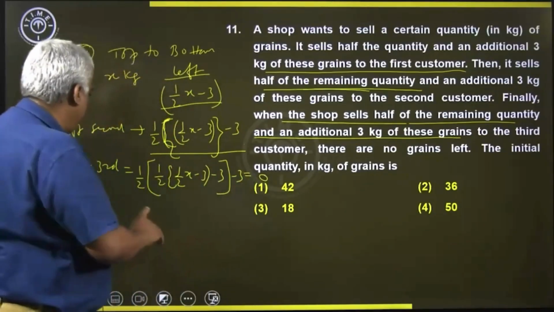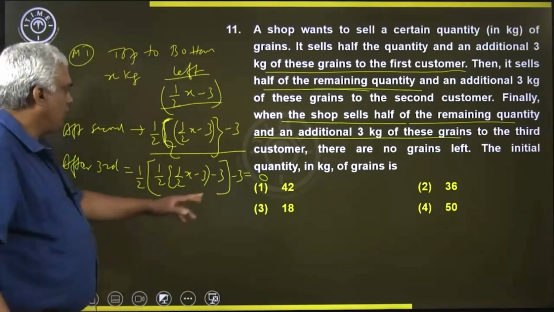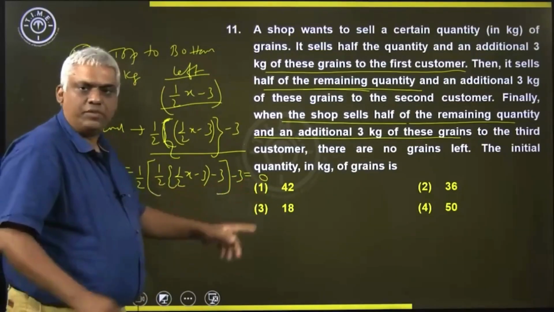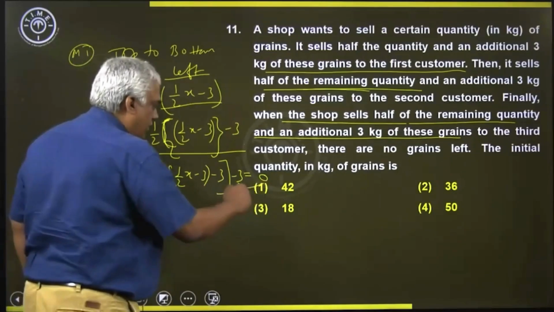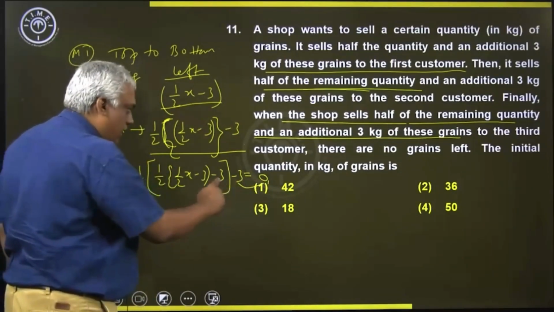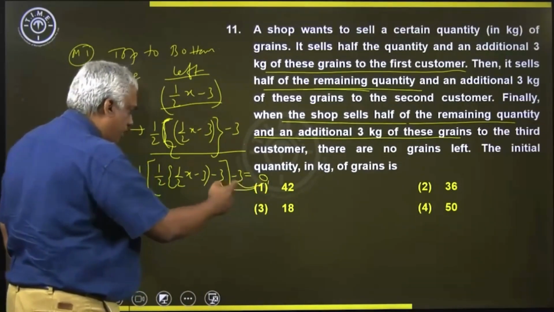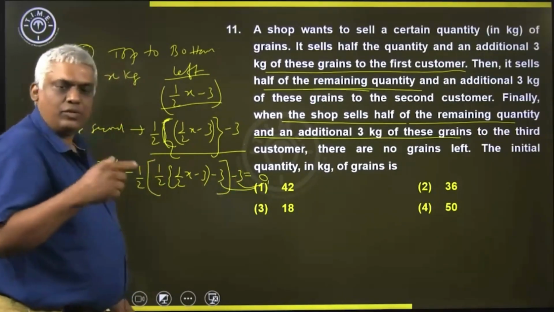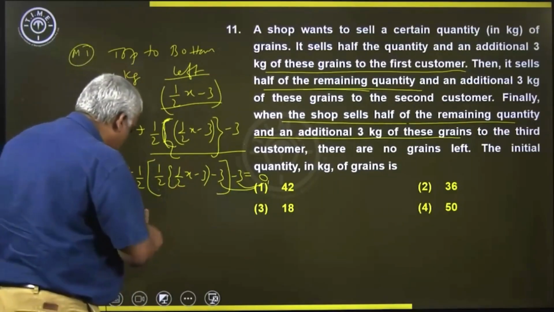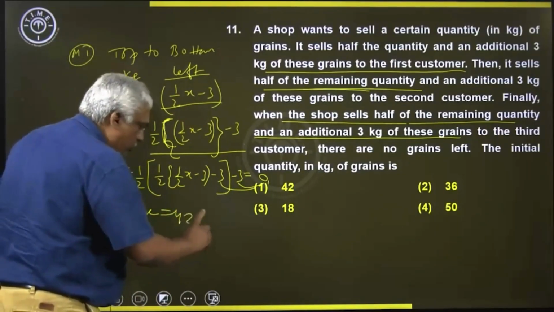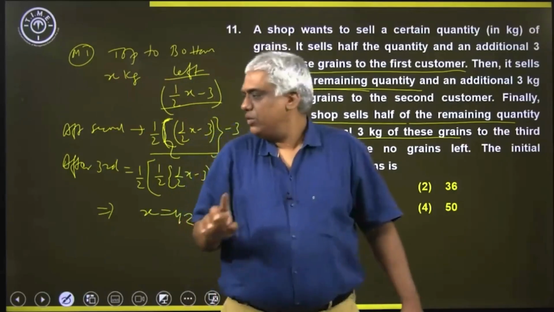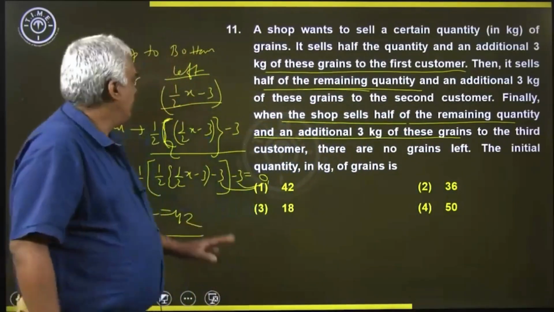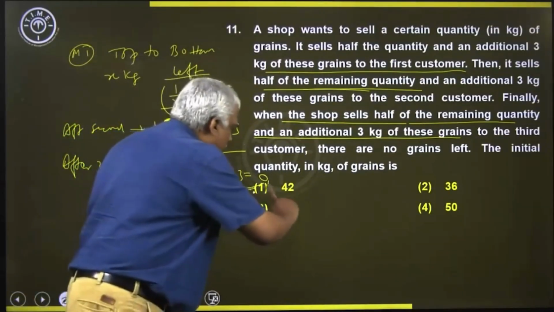We can solve for x, we can solve mentally. See, this 3 will go that side, and this 2 will multiply it. It will become 6. This 3 will go that side, 6 plus 3, 9, 9 into 2, 18. Again this 3 will go that side, so 18 plus 3, 21 into 2. So x will be 42. 42 should be the answer, but you see, this is a little lengthy process. So the answer is 42, but we can do a shortcut.